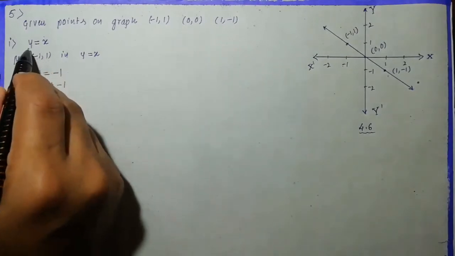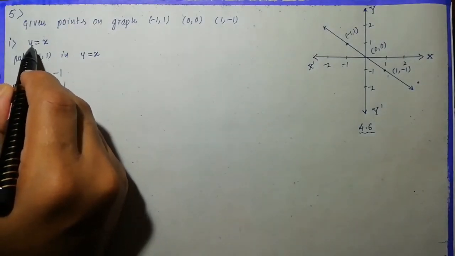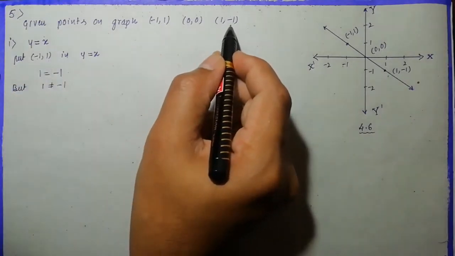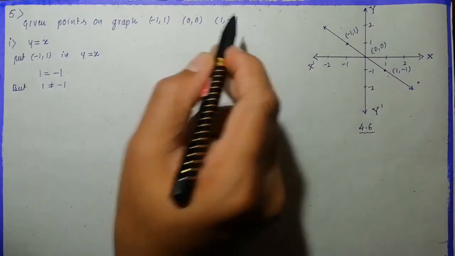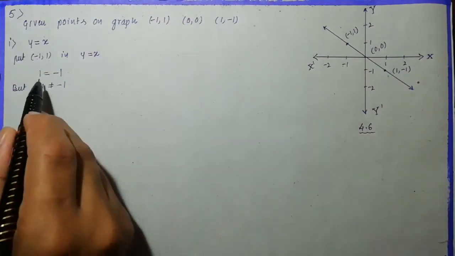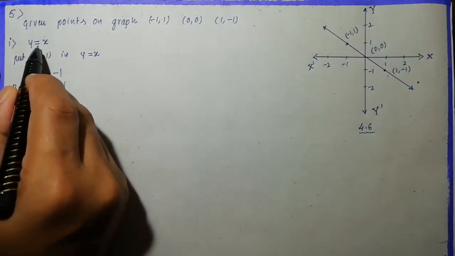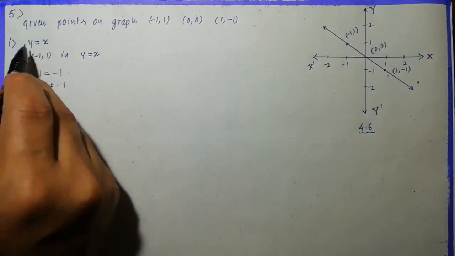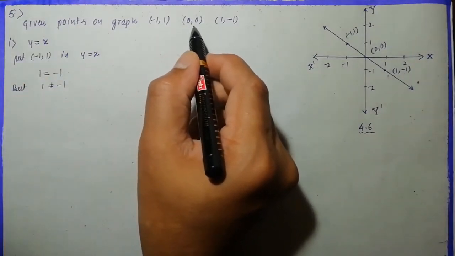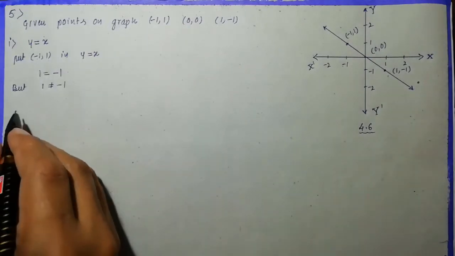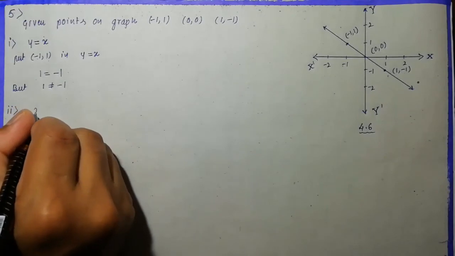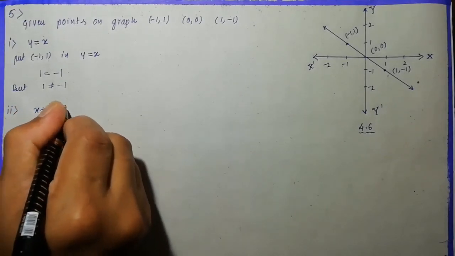So that's why I'm not going to verify for the second one. I think for the second one you will get it satisfied, 0 is equal to 0, it is right. But for the third one, once again you will get the wrong thing. The equation will not be satisfied for 1 comma minus 1. For 1 comma minus 1 you will get the reverse of this one, that is minus 1 is equal to 1, it is also wrong. So the first equation will be satisfied for 0 comma 0 only, but I'm not going to continue here. Now I will move on to the second one. The second one is x plus y is equal to 0. Now let us verify this one.